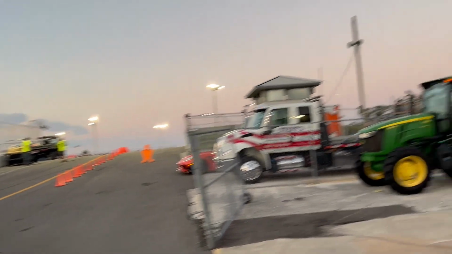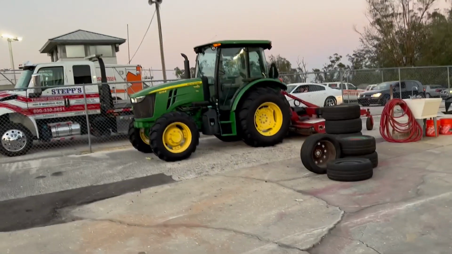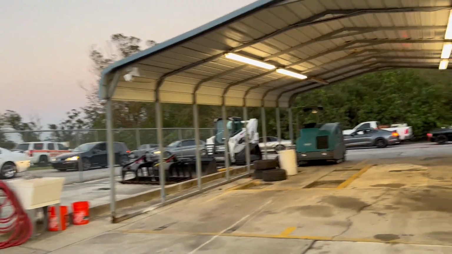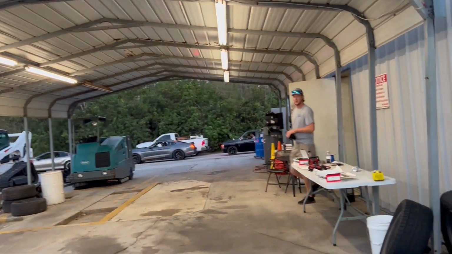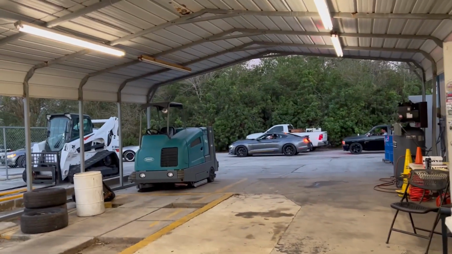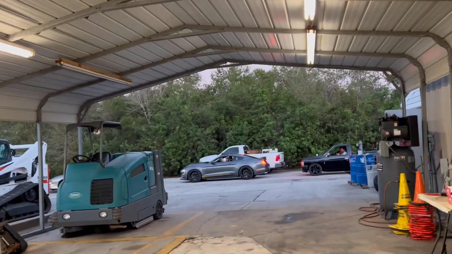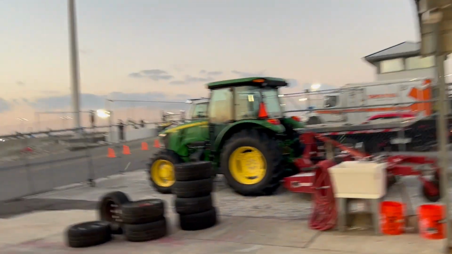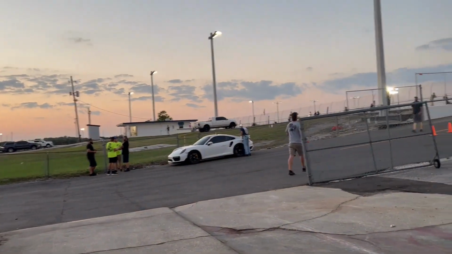Alright, so tech's done. Now they're lining up for the parade lap. Starts in about 5 minutes. So you see all the cars at the starting line. They line up, basically run a parade lap, and then run around the track, throwing a show, and then they're gonna line them up left and right, and then do